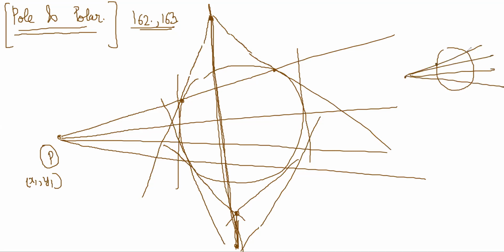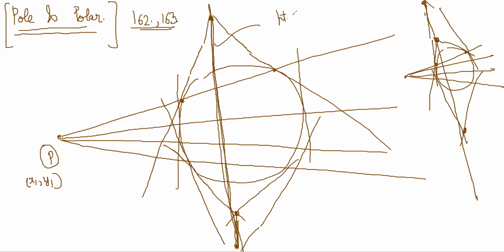At the points where they touch the circle, draw tangent lines, right? These tangents will intersect at some point. Then this tangent will intersect at some other point, then this tangent will intersect at some point. You will notice that these points of intersections lie on the same straight line. If you do the construction properly, it will come on the same straight line. So this straight line, which is the point of intersection of tangents